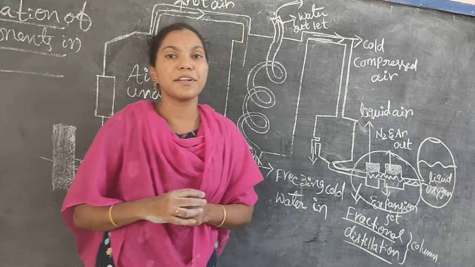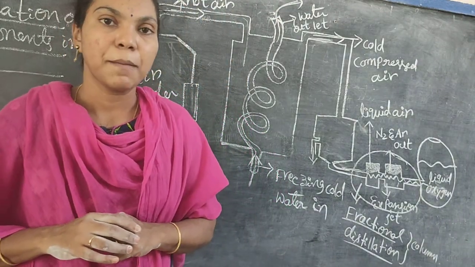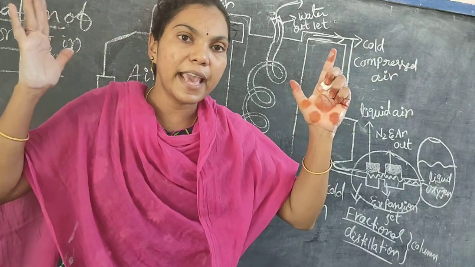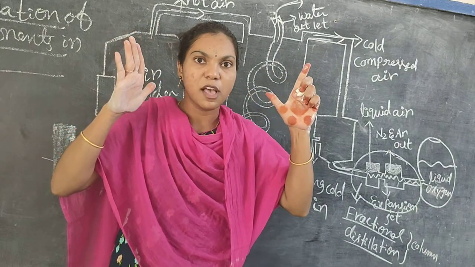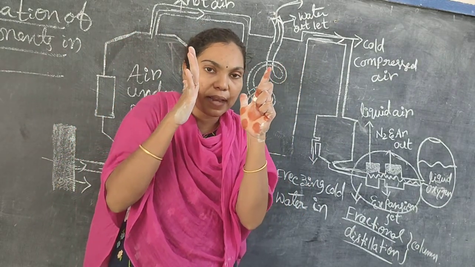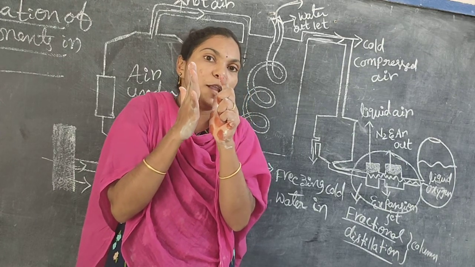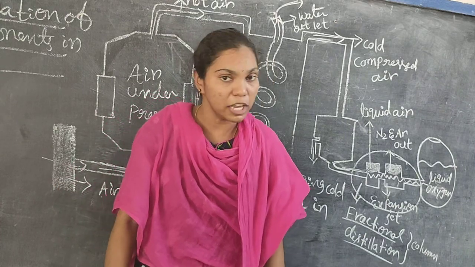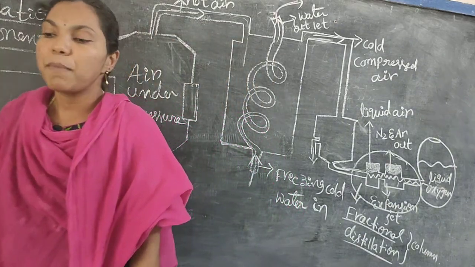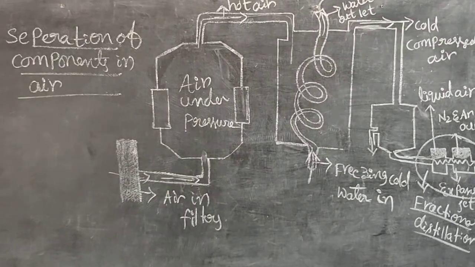How does the air become liquid oxygen? By applying more pressure. For example, from one particle to another particle there is a gap. When we apply more pressure, what happens? The volume of the air is reduced, and the particles come closer. When the volume is reduced, the gaseous particles are converted into liquid particles. So by using this technique, we can separate the oxygen from the mixture of all gases.